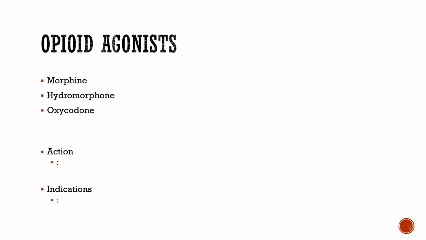Opioid agonists, these are the schedule 2s that are highly addictive, highly abused, and yet we're giving them all the time. So we want to make sure we get a good, accurate pain assessment before we do these. Obviously, make sure we're using our non-pharmacological pain interventions as well to help reduce the dependence upon the narcotic pain medicines. But let's face it, we're dealing with people that have had major surgeries or major accidents, and they're in a lot of pain, and these medicines are great for that. So definitely make sure you do good assessments, good documentation, but also don't be afraid to give the meds.